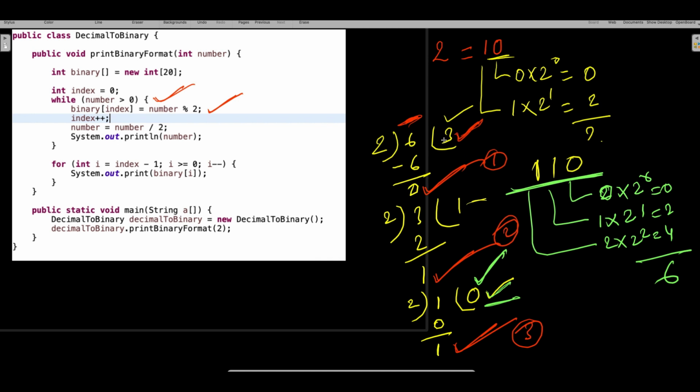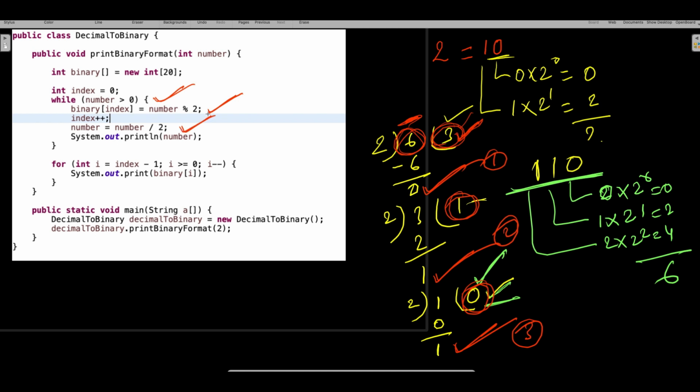So basically every time my number is also getting divided by 2, right? When I divided 6 by 2, it became 3. When I divided 3 by 2, it became 1. When I divided 1 by 2, it became 0, right? So I am dividing the same number each time.